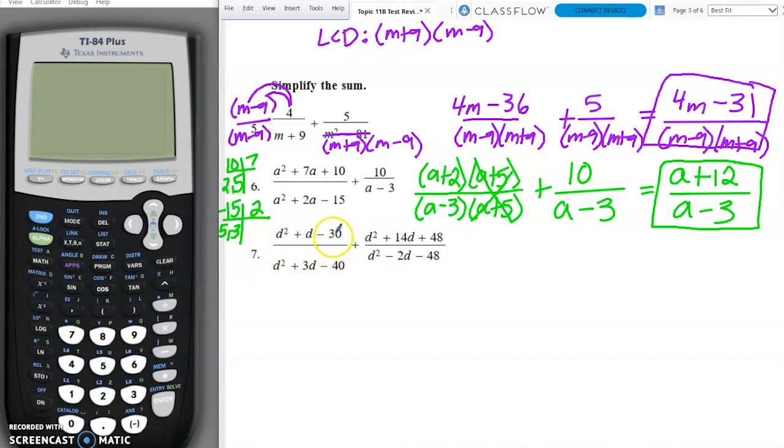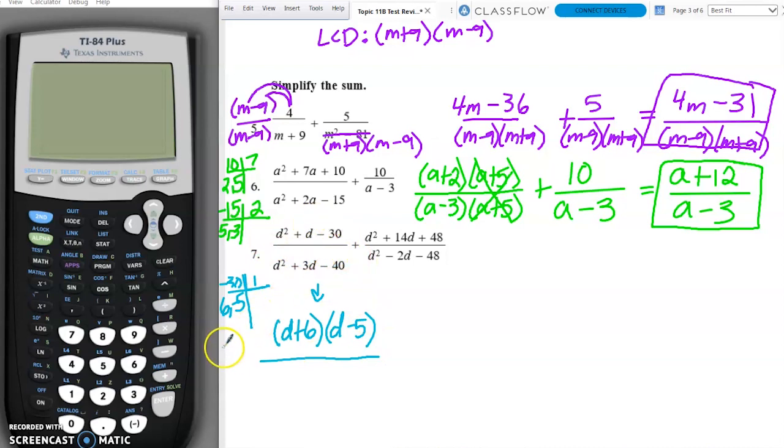So on the numerator, we're going to factor negative 30. We're looking for a sum of 1, that is a 1d. Let's try that again. That is going to be a 6 and a negative 5. So I'm going to go ahead and rewrite it down here. That is going to be d plus 6 and d minus 5 over,